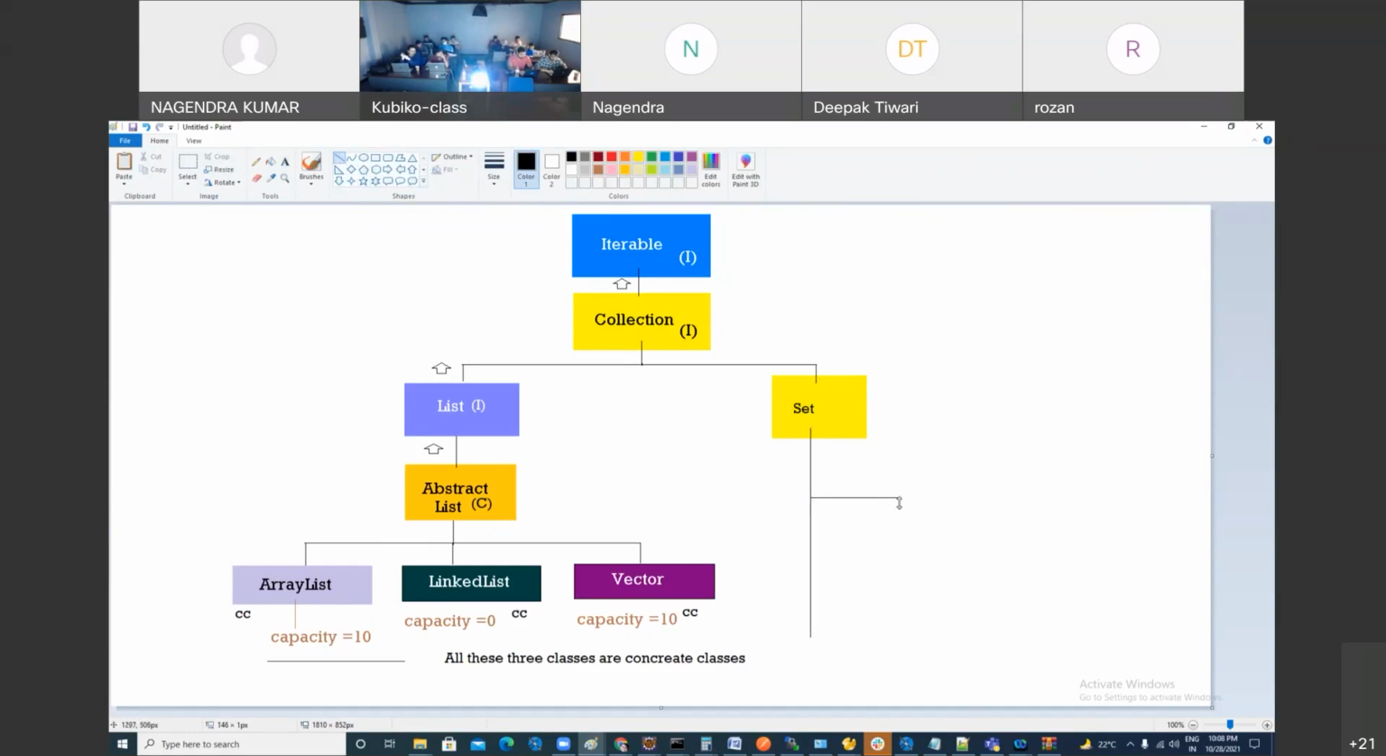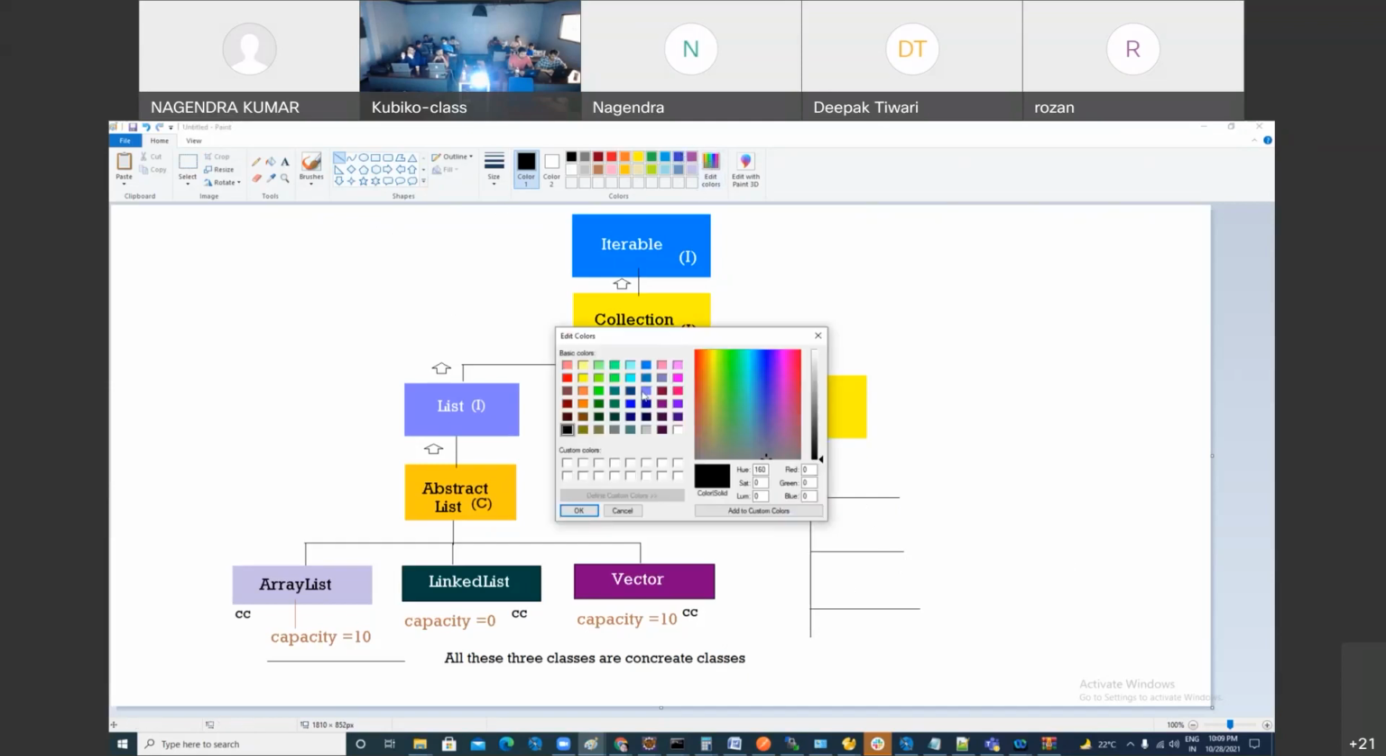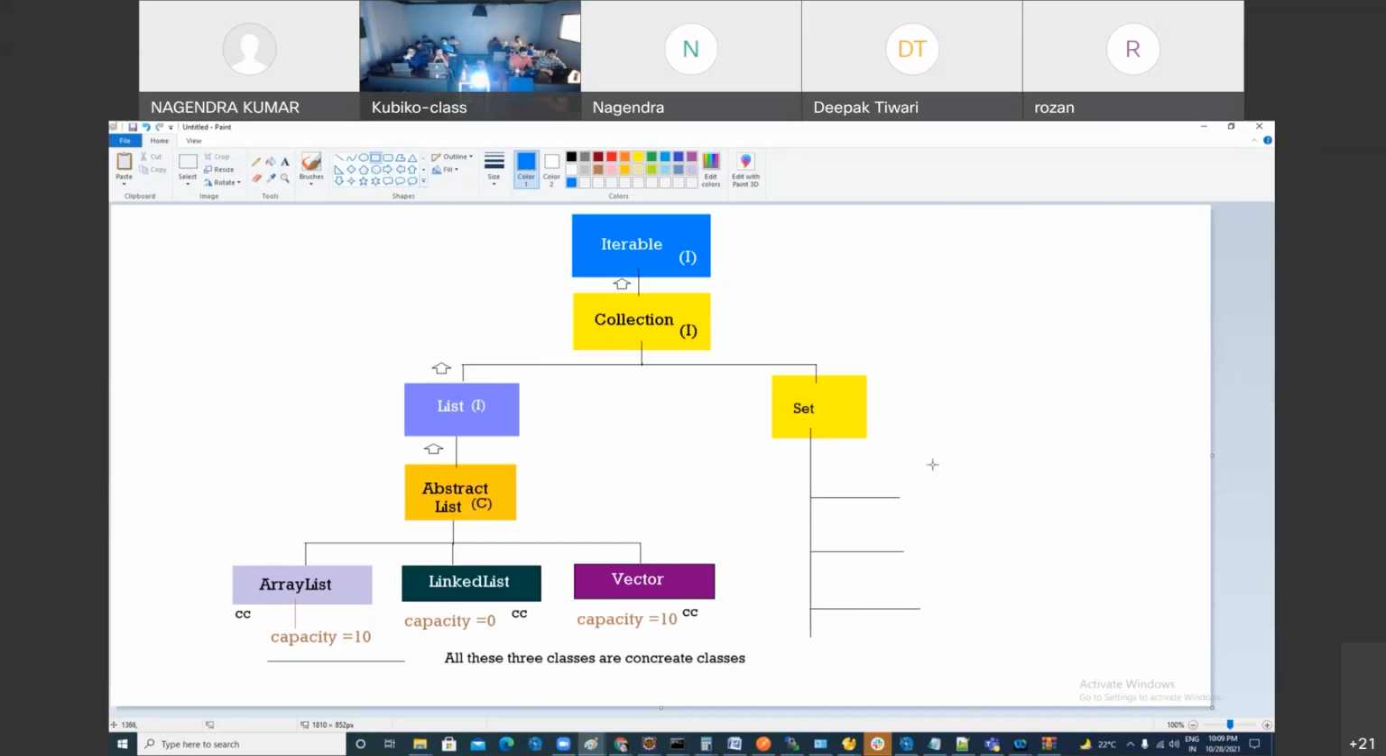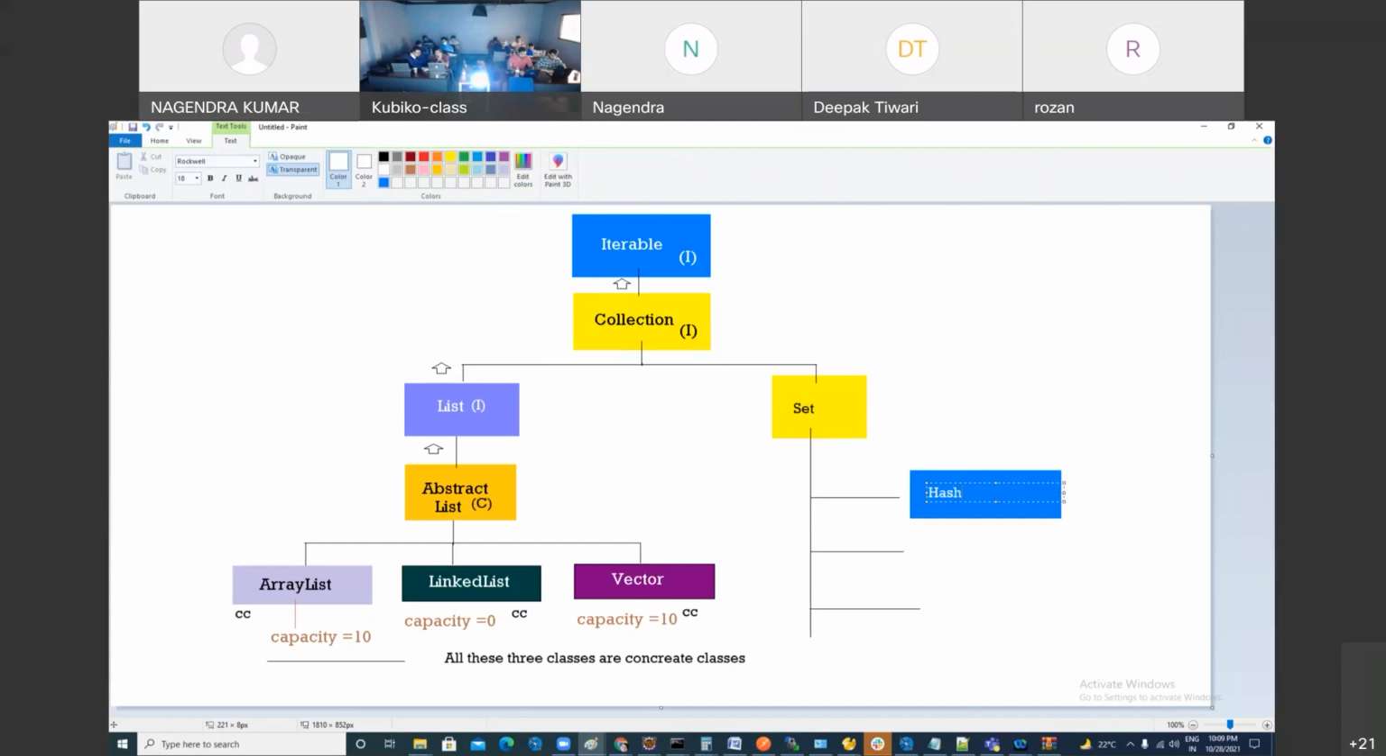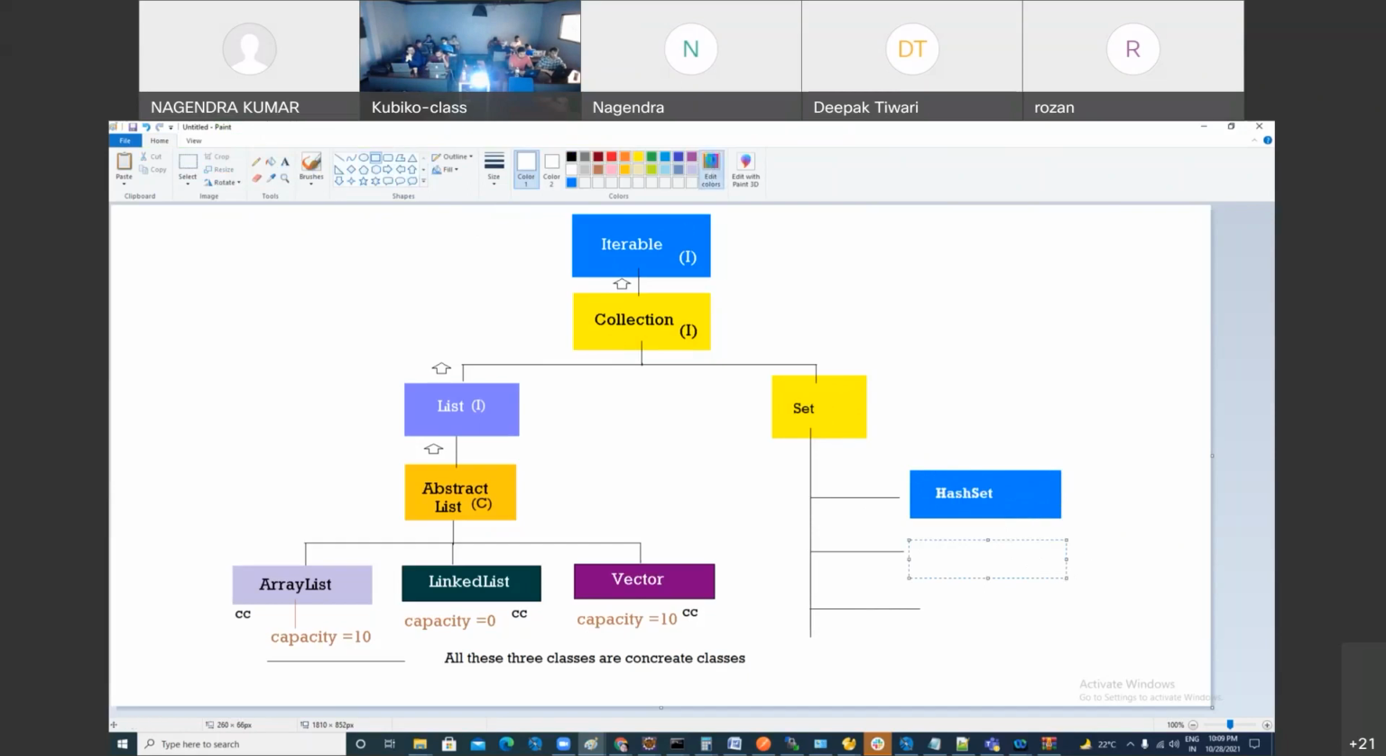So we need to know the specialty of set. In set, I'm going to talk about certain data structures. I'm going to talk about one of the implementations of set, that is HashSet. So HashSet is what, people? One of the concrete classes. Fine. In coding there would be no change. I am telling you, you'll be surprised. Whatever coding you have done for list, the same thing you can do. Similar thing you can do for